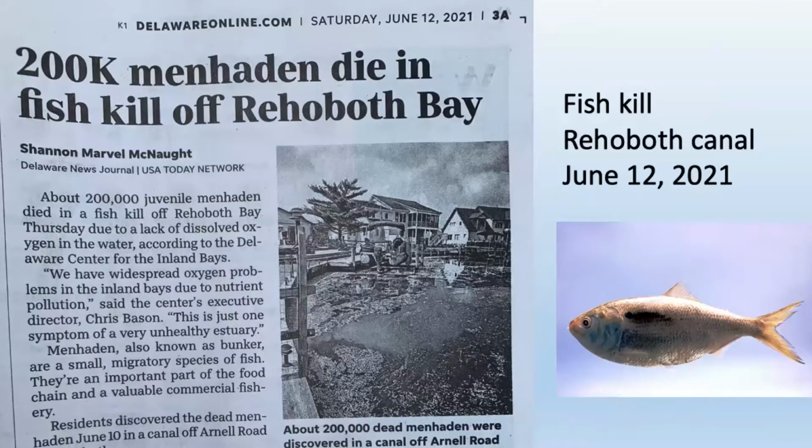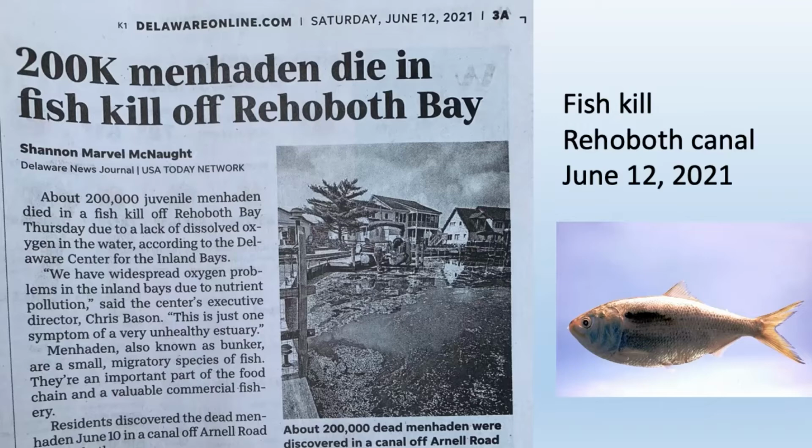This is a headline from a News Journal article that appeared about 3 weeks ago or so about a fish kill in one of the canals off of Rehoboth Bay. These canals are kind of infamous for having these fish kills. And often the fish kills consist of menhaden. I'm sure other organisms also croaked when the oxygen disappeared in these canals, but menhaden are very melodramatic when they kick the bucket. Because of their swim bladder, they float to the surface and are more easily seen and counted